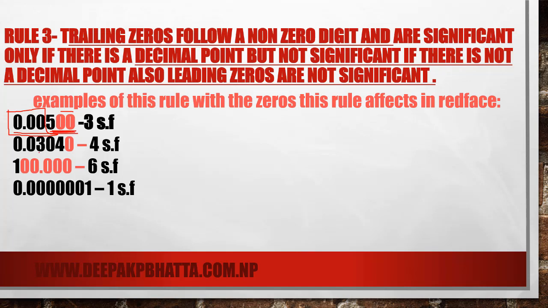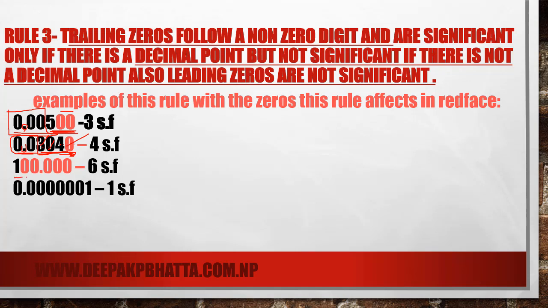In another example, this 3 is a non-zero digit. These two zeros in front of the 3 are not significant, but this 0 which comes after 4 is significant. That's why its significant figure count for 143.040 is 4... Count 1, 2, 3 and 4. In this number, here is the decimal. Remember this decimal point.